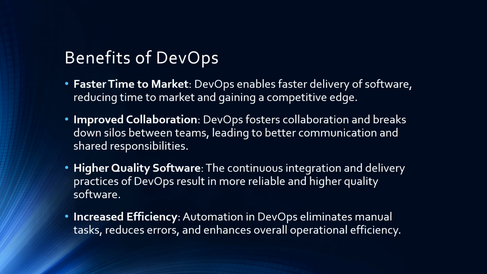Let's explore each major benefit and understand its impact on organizational success. Faster time to market is often the most immediately visible benefit. By automating deployment processes and removing communication barriers, organizations can deliver new features and fixes much more quickly. This improved velocity isn't just about speed, it's about reliably delivering value to customers faster than competitors.